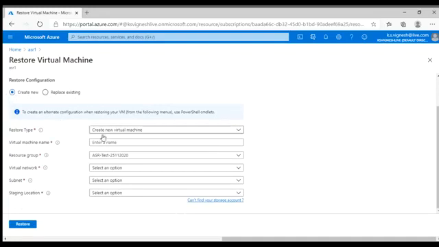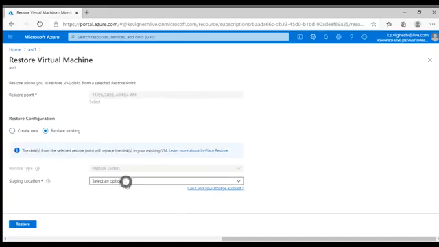If you want to create a new one, you have to select that option. You have to create a virtual machine, a VNet, and a subnet. If you already have them, then everything is fine. If you want to replace the previous virtual machine, just select the option and the location of the storage account. Simple. Because this is a snapshot, it will create a disk for the virtual machine, and then it will replace the existing virtual machine. Okay,